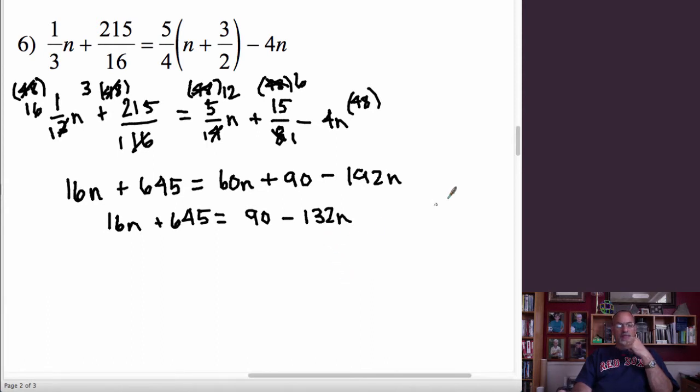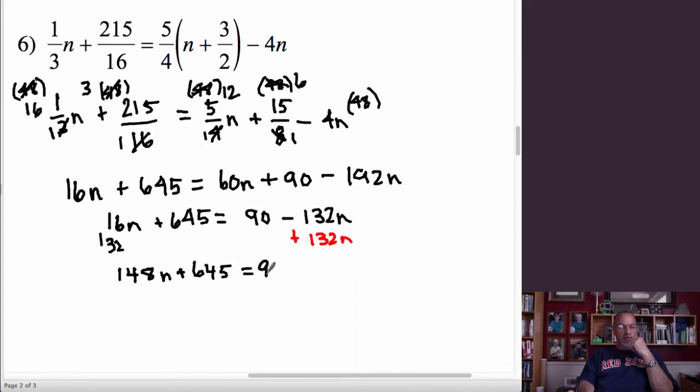Then, in order to keep the n positive all the way through the problem, I'm going to add 132n to both sides. All right, so 132 added to 16 over here is going to be 148n plus 645